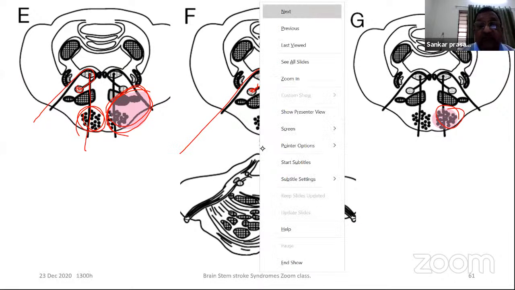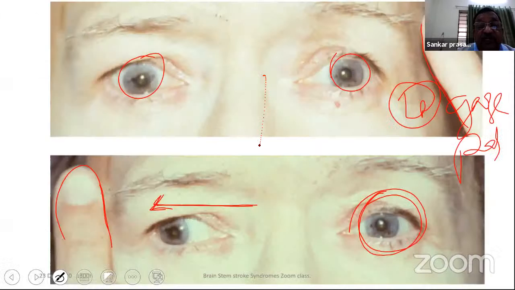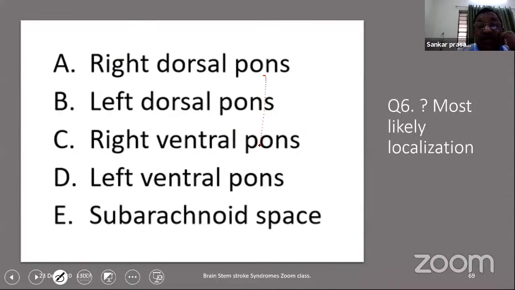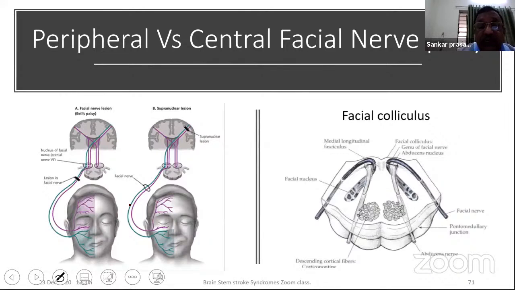Okay. So where is the problem in our case? So now you learned about the gaze palsy here. So most likely localization is left dorsal pons, and you can see the diagram. That's how you get the MRI picture in these cases. And you can have the lower motor neuron type of facial palsy which we discussed, and you can see the facial nucleus and how